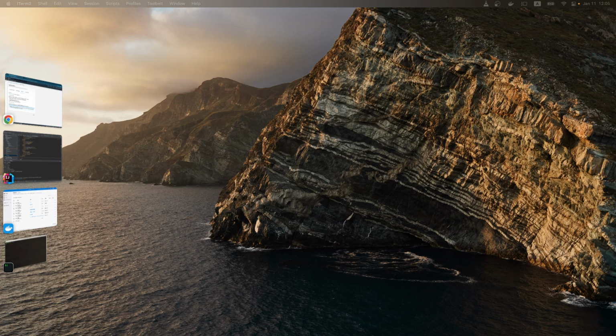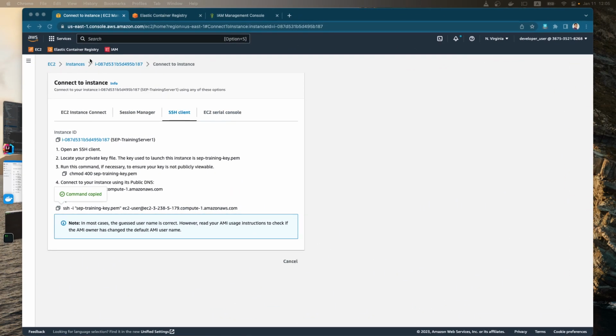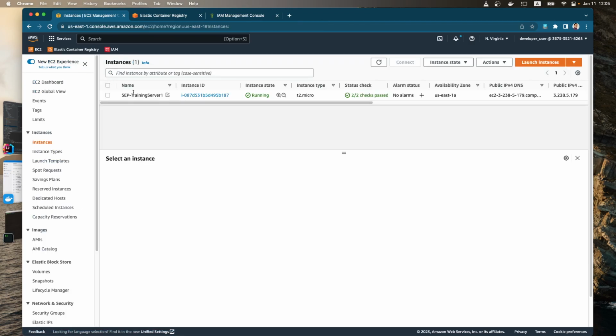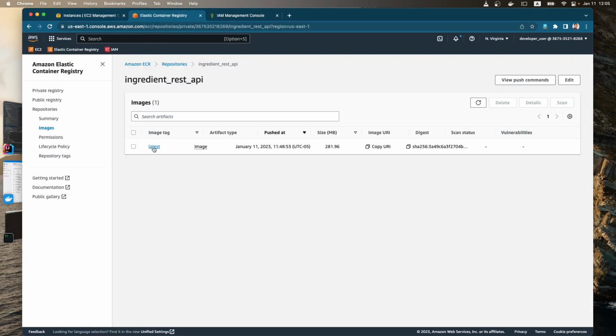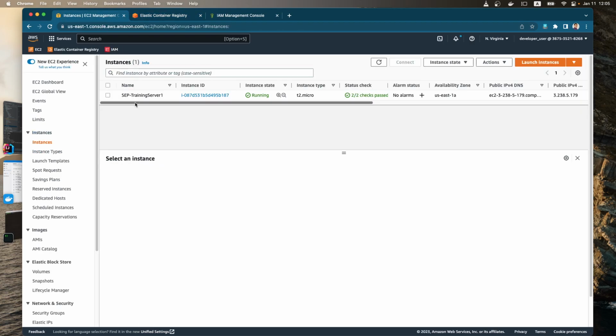to pull an image from the ECR service and start a container from our EC2 instance. Okay, so we already created this EC2 instance last time, and also we pushed the Docker image onto the ECR repository. So now we want to connect them together. So we connect into this instance and then link them together to pull the image out